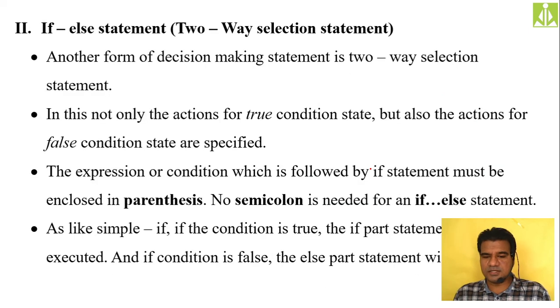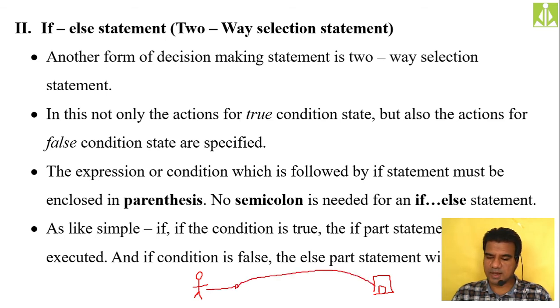Then I have the if else statement, the second type of control structure or conditional branching statement. It is called a two-way selection statement because we are going to have two possible alternatives now. Unlike skipping of statements, now we have two possible alternatives. Like this, if you are going home and you have only two possible paths, one path is going in this direction and the other path is going in this direction, and I'm naming these paths A and B. Only two paths, two-way selection.